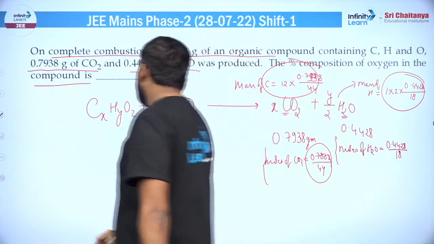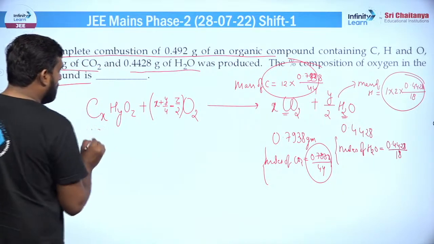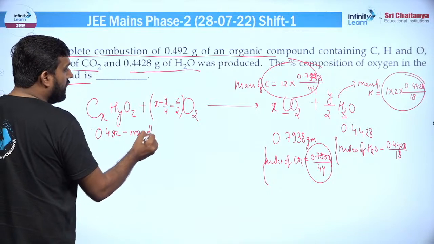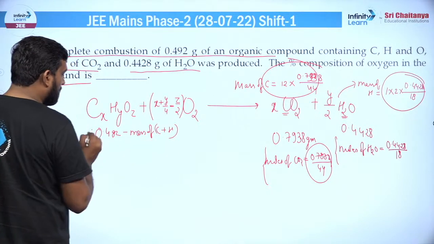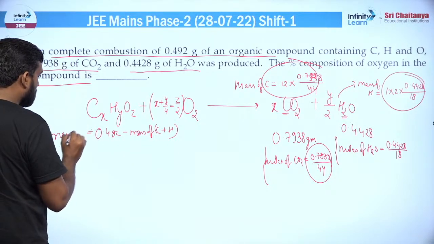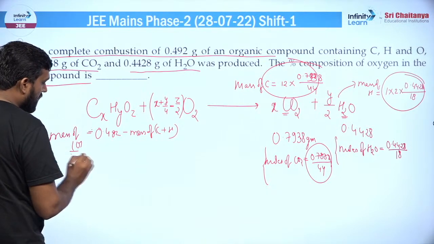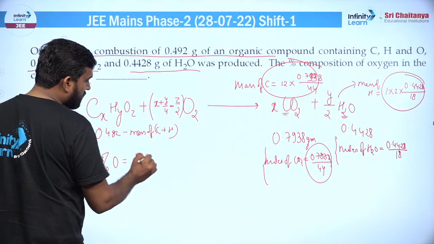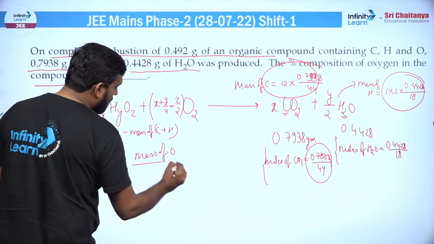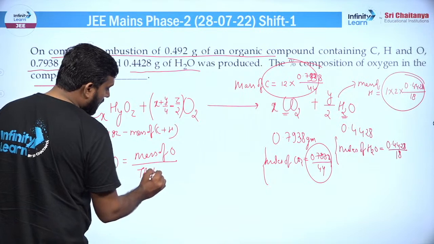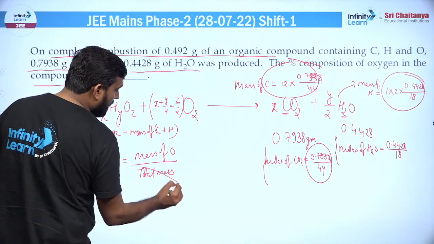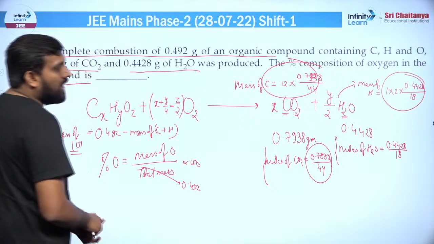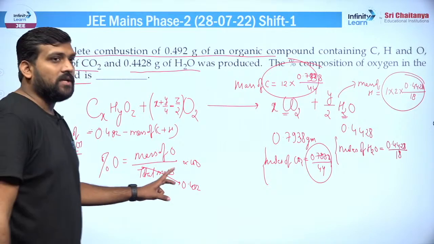तो यहां से मास ऑफ हाइड्रोजन आ गया, यहां से मास ऑफ कार्बन आ गया। अब टोटल मास आपको इसका पता ही है, ठीक है, 0.492 है। तो माइनस कर दोगे किसका बेटा, मास ऑफ कार्बन प्लस हाइड्रोजन, तो आपको पता चल जाएगा मास ऑफ ऑक्सीजन। एक बार आपको मास ऑफ ऑक्सीजन पता चल गया तो परसेंटेज ऑक्सीजन कैसे करोगे, परसेंटेज ऑक्सीजन विद नथिंग बट मास ऑफ ऑक्सीजन अपॉन टोटल। टोटल मास आपको क्वेश्चन में गिवन है, दैट इज बेसिकली 0.492 इंटू 100, ठीक है।